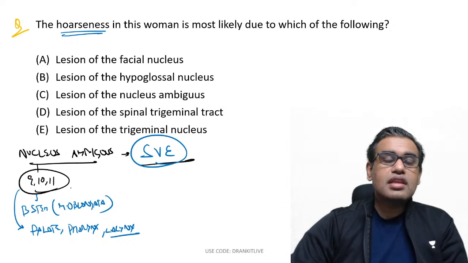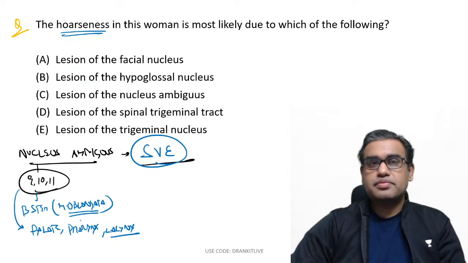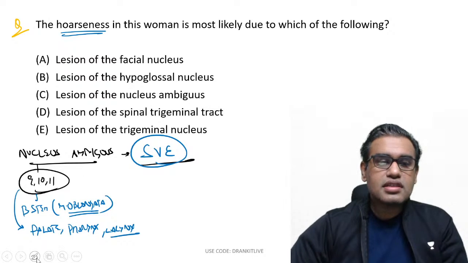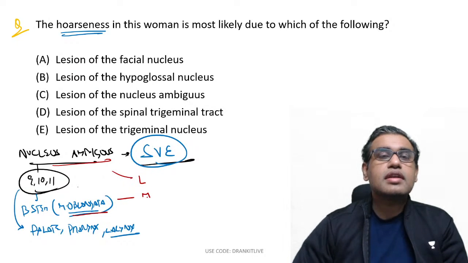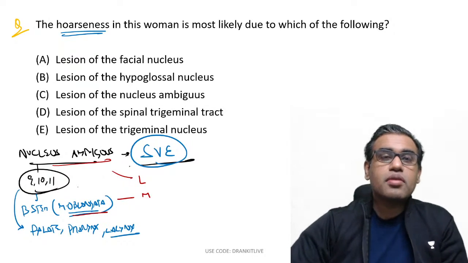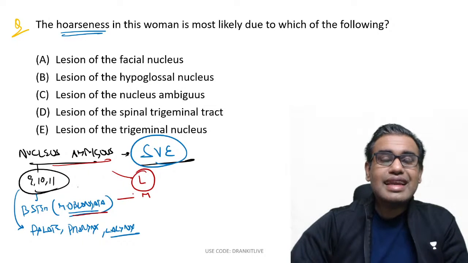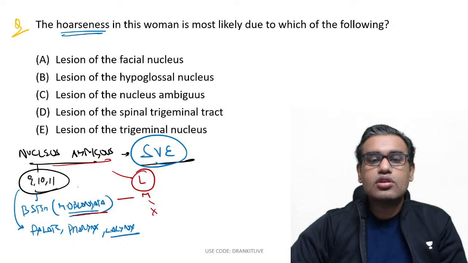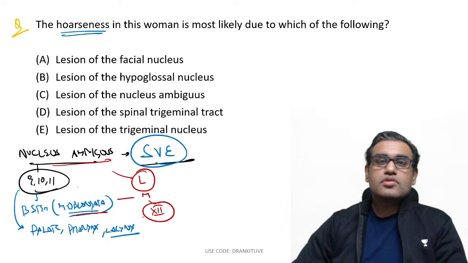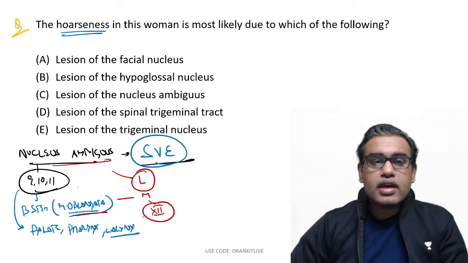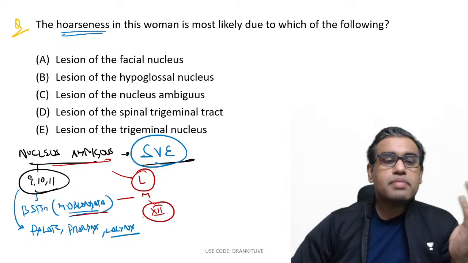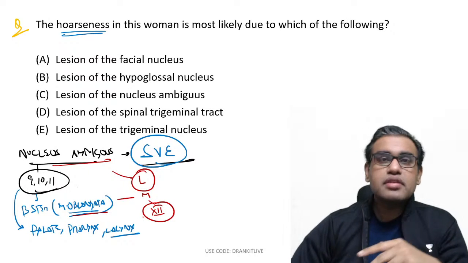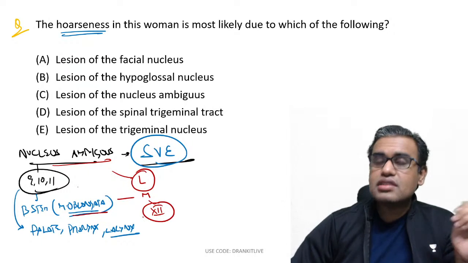And the 9th, 10th, 11th nerve nuclei are present where? In the medulla oblongata. Now which side, guys? Lateral side or medial side? Answer this. This nucleus ambiguus is present in the medulla oblongata on which side? Lateral or medial? What do you think about it? It is most probably on the lateral side, because the medial side normally has the 12th cranial nerve nucleus in the medulla oblongata. So nucleus ambiguus has the 9th, 10th, 11th nerves, which are part of the special visceral efferent cranial nerve nuclei, from the nerves of the pharyngeal arches.